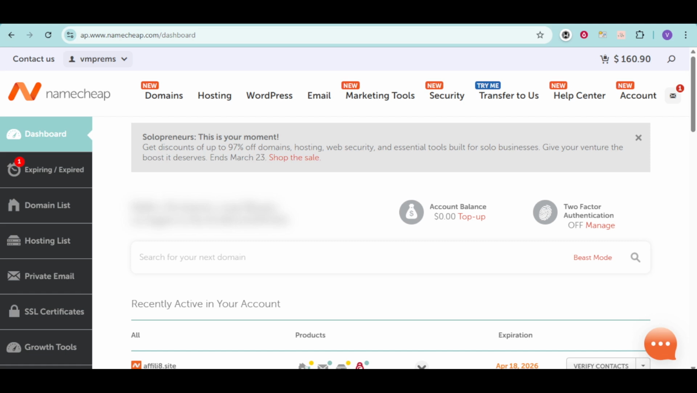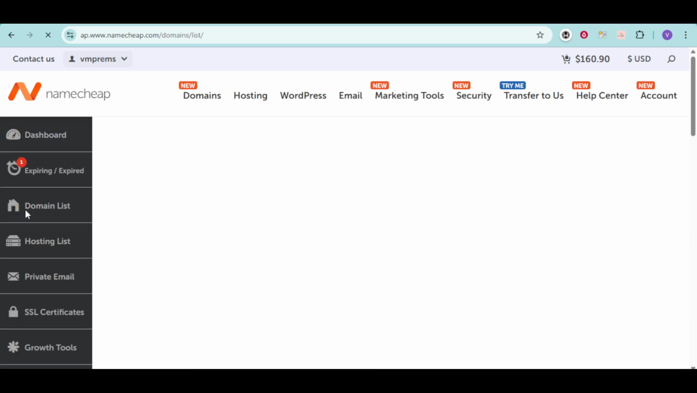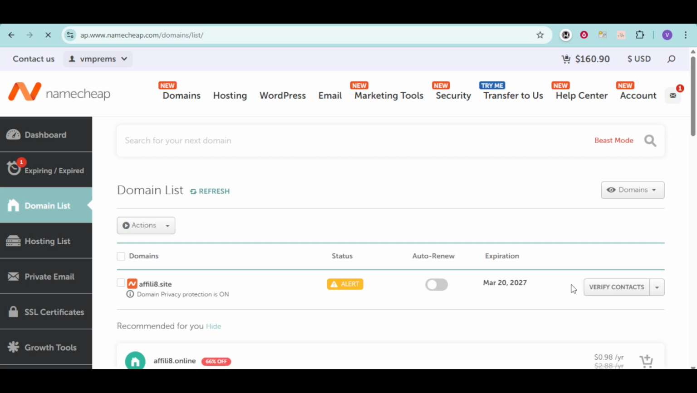First, sign into your Namecheap account and head over to your domain list. This is usually found in the main dashboard under a section called Domain List. Once you're there, look for the domain you want to move to GoDaddy. When you find it, click the Manage button next to that domain. This opens the detailed settings page for that specific domain, where you control things like DNS, contact details, and transfer